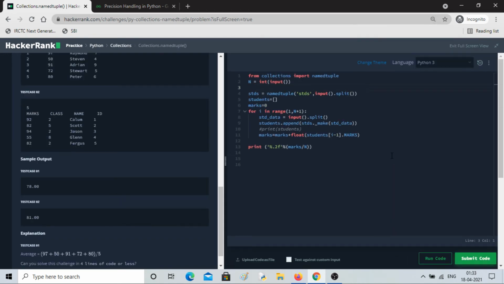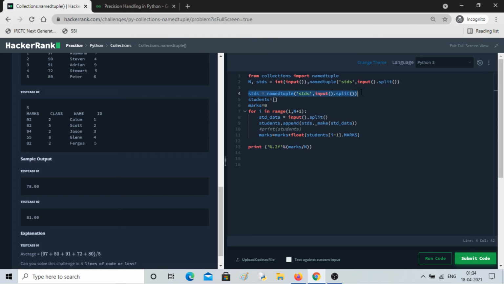Okay, so now what else can we do? We can combine these two lines as well, right? I'll write a comma and take this whole input, Control V, and I'll write it in the same line, where we are taking the inputs for stds. So we are taking the input of n as well as the first and second line inputs in this second line.